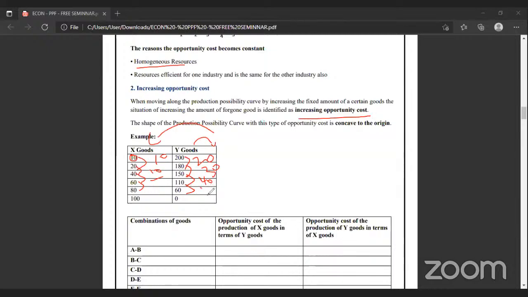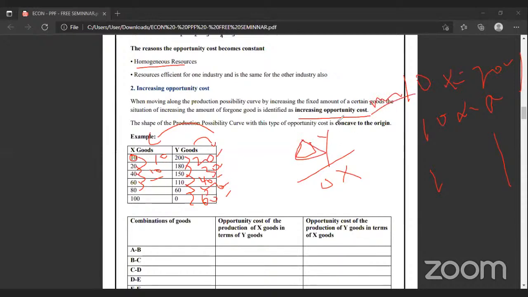And now here 50, and lastly 60. So the sacrificed amount keeps on increasing: 20, 30, 40, 50, 60. We know the formula: opportunity cost is equal to foregone divided by produced. Here, which one is the foregone one? Changes in the Y, right? And the produced one is X. So if they are going to produce 10 X good, they have to sacrifice at the beginning 20 Y good. Here again for 10, 30 Y good. Likewise it keeps on going. Then we need to find the marginal opportunity cost.